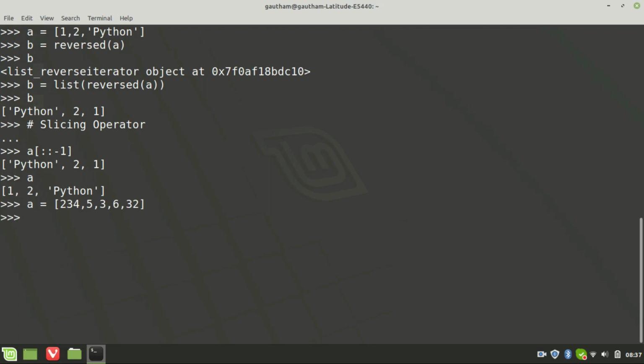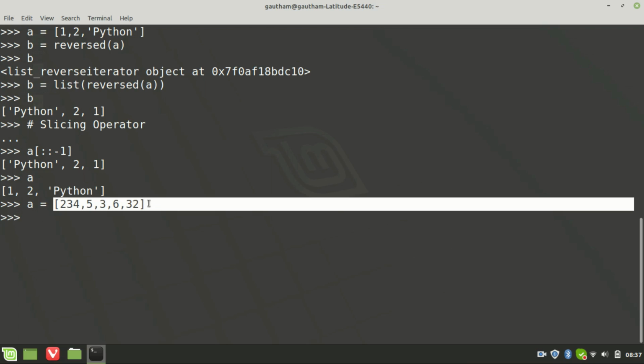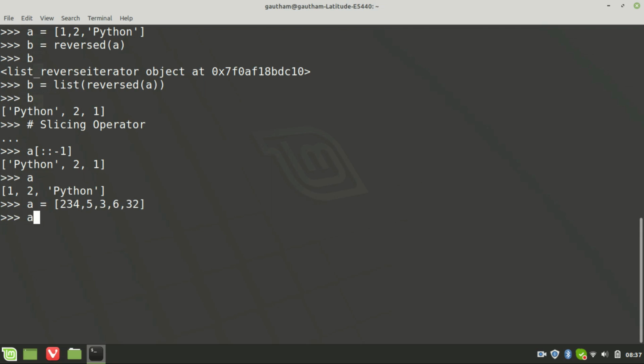Now I want these elements to be ordered in a descending order, because if I say B is equal to sorted of A, I would get the B list where the elements are ordered in ascending order. Instead, we can do it like B is equal to,